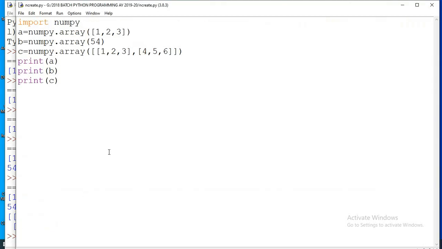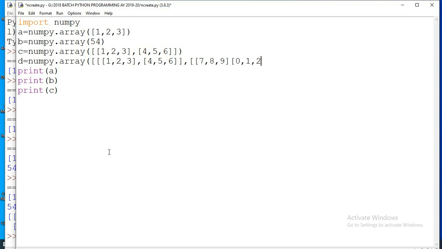Next, coming to a three-dimensional array, it's nothing but an array with two-dimensional arrays. So numpy.array of. So I have to pass the two dimensions. So this is one dimension, comma, and one more dimension I am giving 7, 8, 9, and one more dimension 0, 1, 2. So here you can observe, this is the third one, 3 dimension. So if you print this one, again you will get,